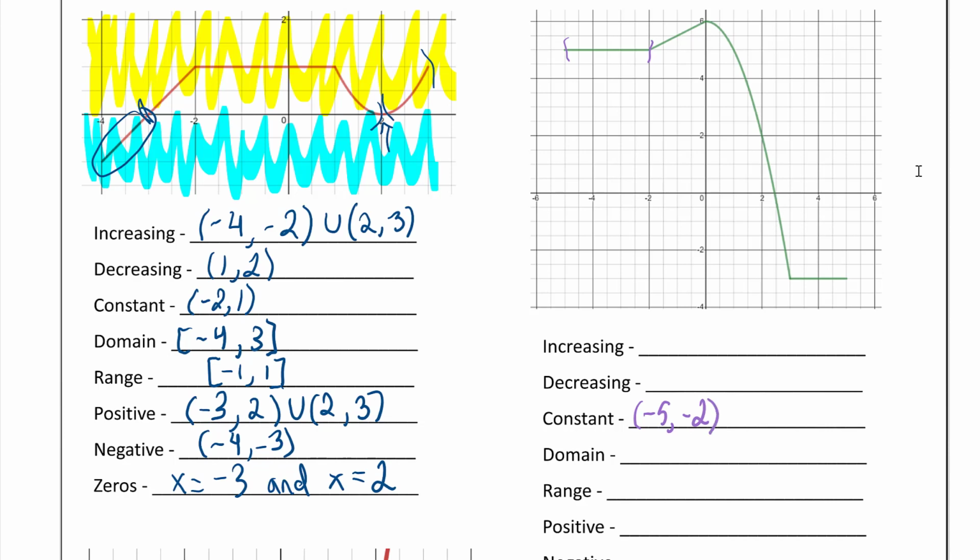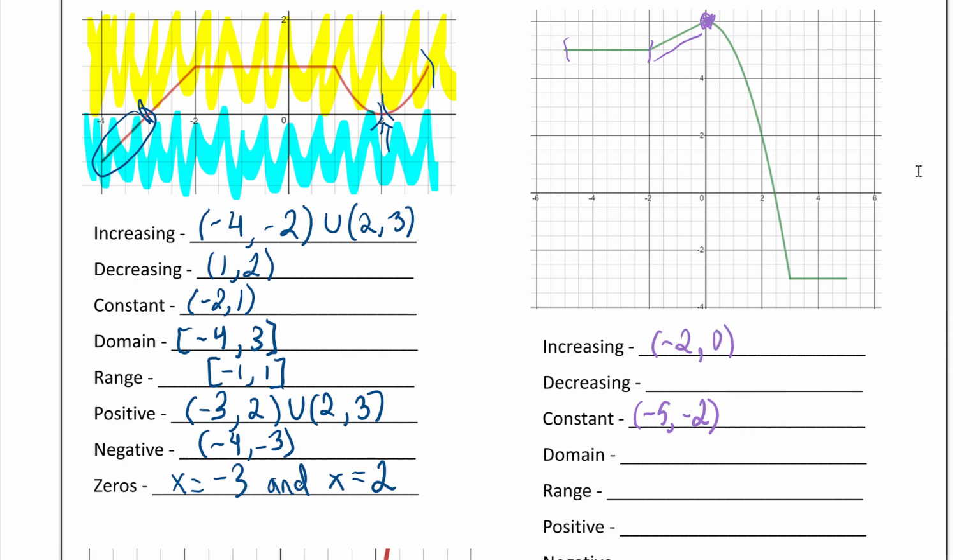And again, you can use brackets here if you want to. It's okay to do that because our function doesn't have any open circles or asymptotes. So you're welcome to use brackets. I just prefer using parentheses. Then we want to do this next section. So from -2 to looks like 0 right here, it kind of switches to go down instead of going up. So this part right here, -2 to 0, should be in the increasing